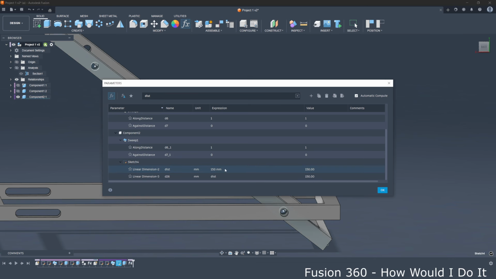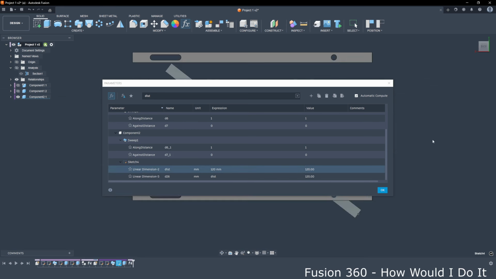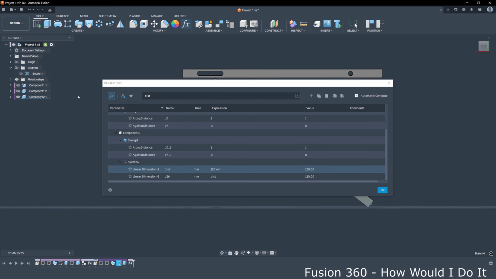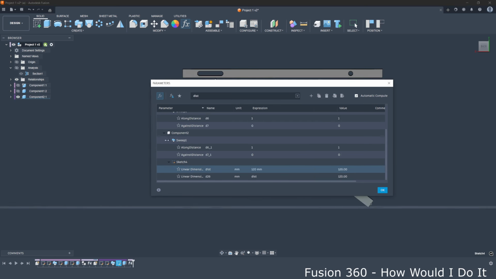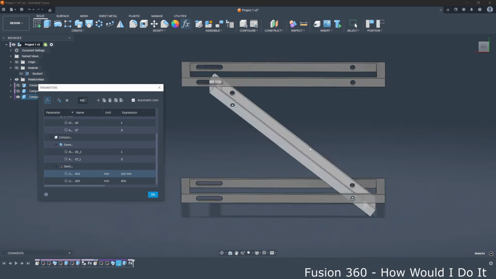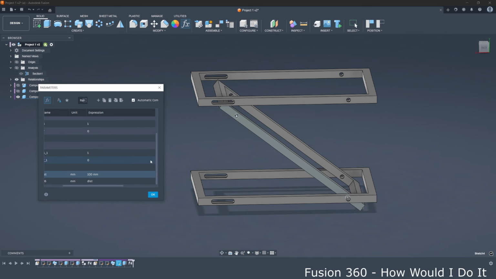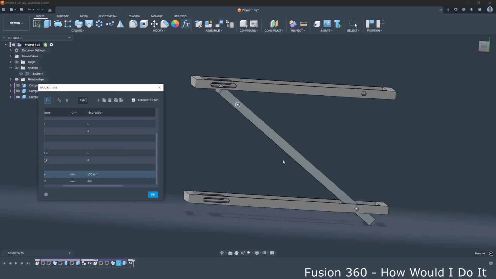Now it's 150, let's say 120. It is updated. I will try to see it visible. So it's updated, but it's still too much. Let's say 100 is updated, and now